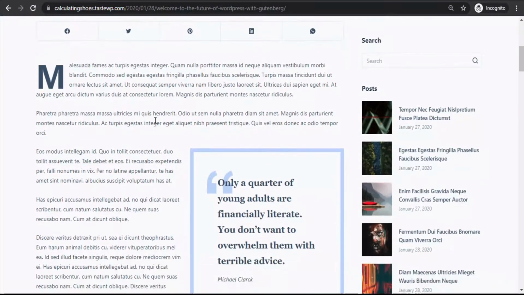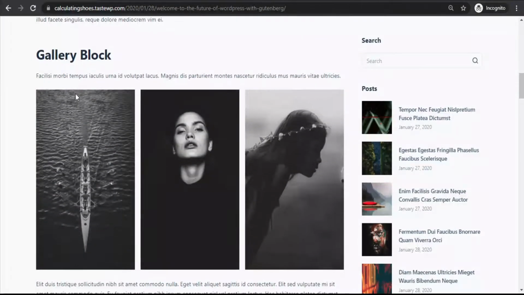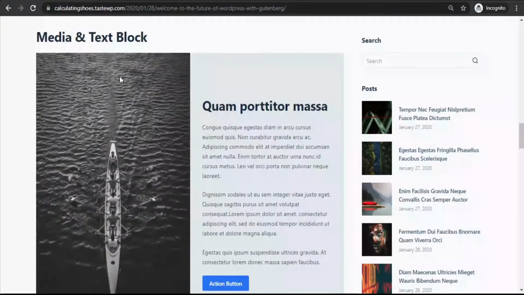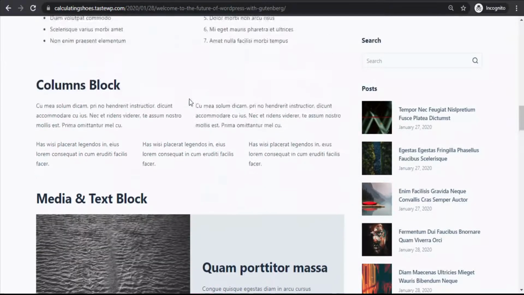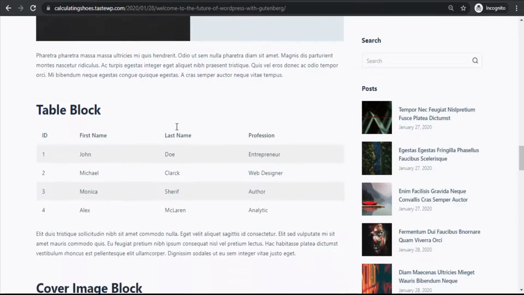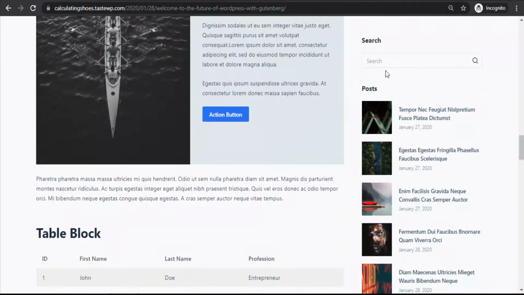Now if you go down here, we can see here we have some different way of writing the article. Like we have this here, you can see the quotation section. Then if you go down, you can see here the gallery block section. Then we have a list block section and etc. I'll show you later how you can create these beautiful sections inside your WordPress blog. Okay, and then at the right side you can see we have a search option here. So this search option is also like a pictureable form.